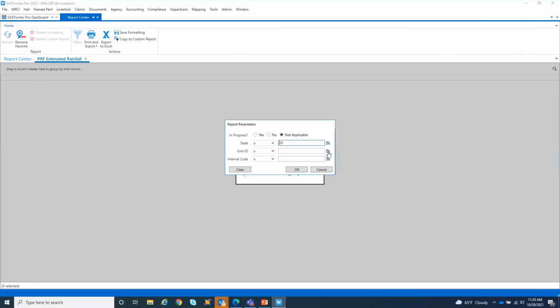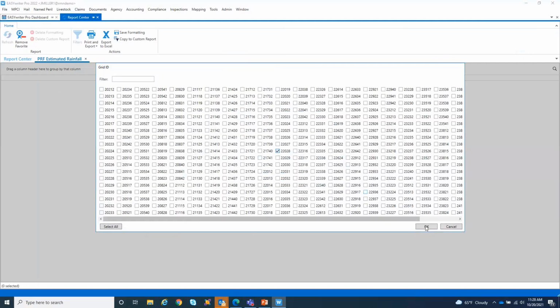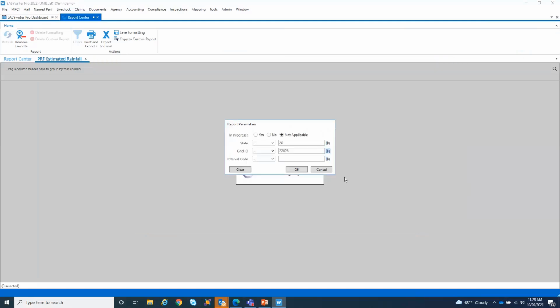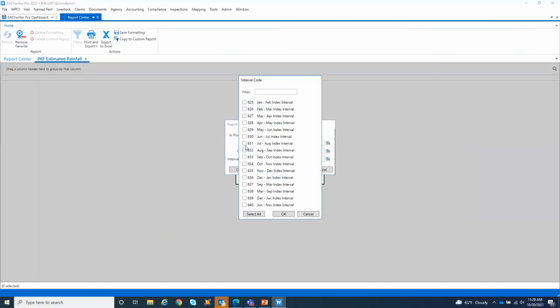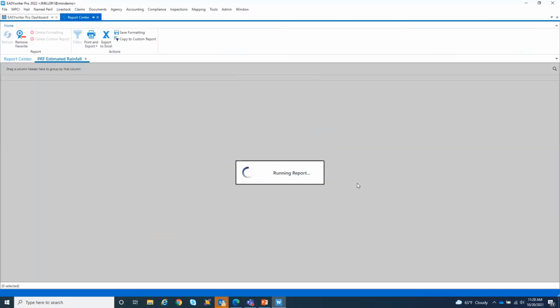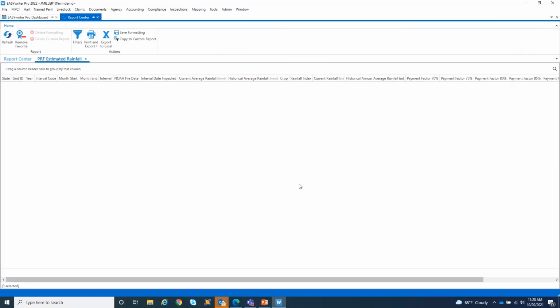It brings up every grid in the state, so I'm just going to select one. I have no idea what county it's going to be in, but you would know what grid you want to look at. And then if I want to look at maybe July, August, or June, July, I can pick several different intervals. I'm just going to put one in there. Now when I look at this, kind of like we did in Easy Quote,